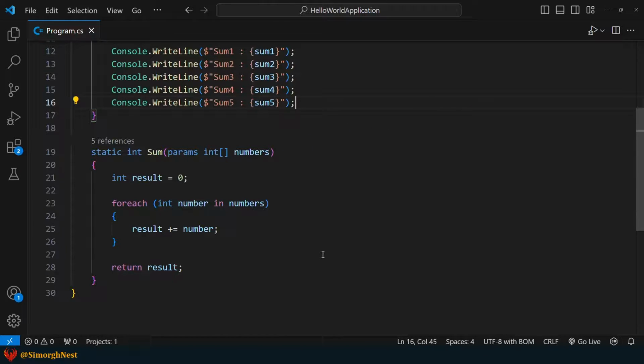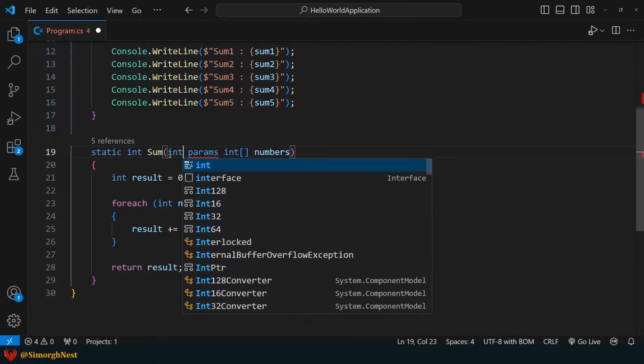Okay, rule number 2. The params parameter must be the last parameter defined in the method signature. We can define other regular parameters before it. Alright, calling sum without any parameters doesn't make sense here, since we need at least 2 values to calculate a sum. So let's add 2 int parameters before the params in the method signature.